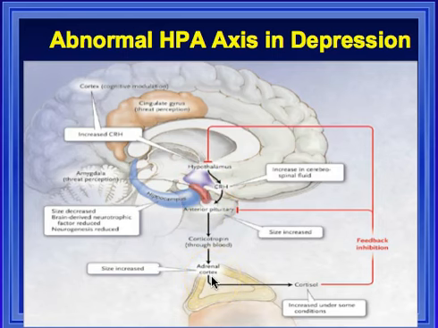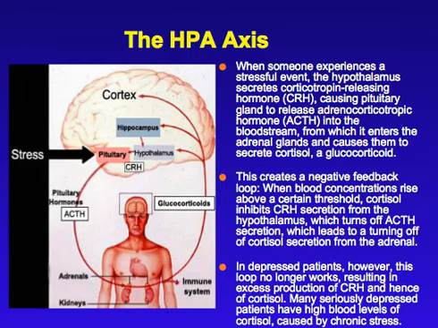the adrenal gland. Well, what happens in depression? This negative feedback loop is defective. So when cortisol is made by the adrenal gland, rather than it going back and telling the hypothalamus, hey, shut down this system, it doesn't do that. And so you have a chronically elevated cortisol system in the brains of patients with depression. So this slide here further just illustrates what I have just told.